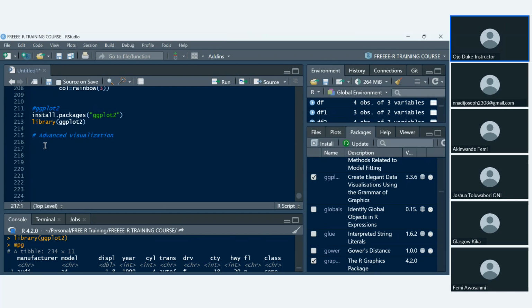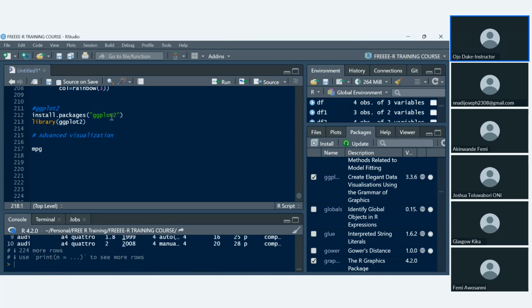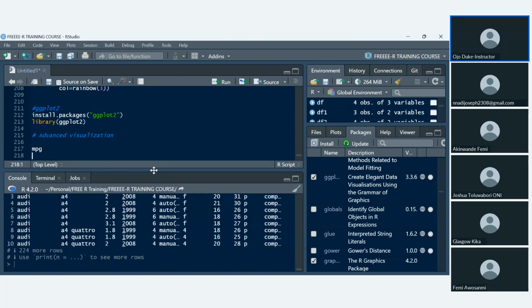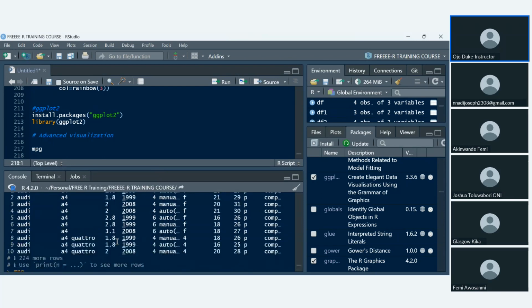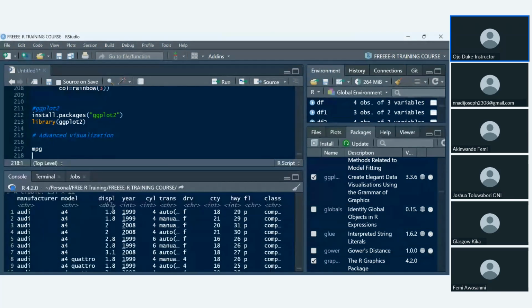Advanced visualization. So we want to plot. Now let's inspect the data. We are using this MPG data. Let's look at the data sets. For more rows, this is the data set. The data set has